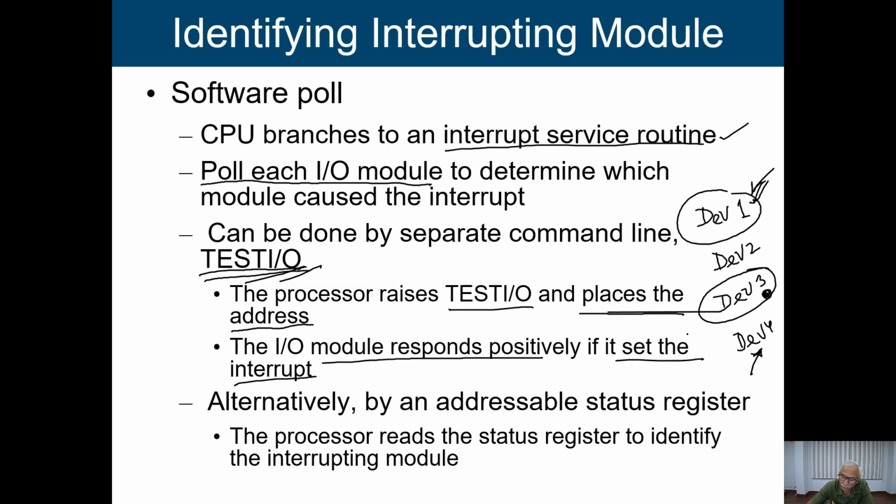On the other hand, when the processor is giving service to device 3, say an interrupt comes from device 4. Since device 4 has lower priority than device 3, the processor is going to complete the device service routine of device 3 and after that it is going to give service to device 4. Now you see, when I have this software poll to identify the module, along with that we can handle some sort of priorities also.